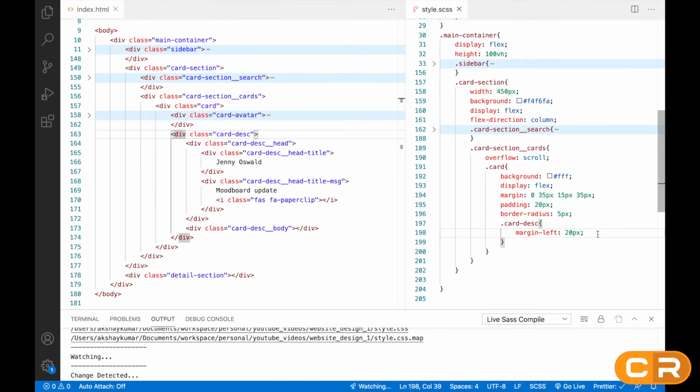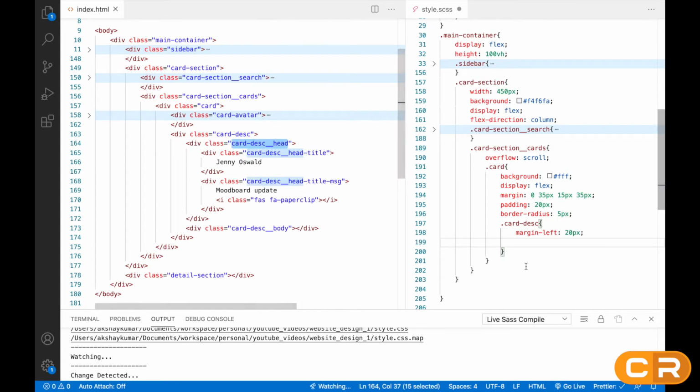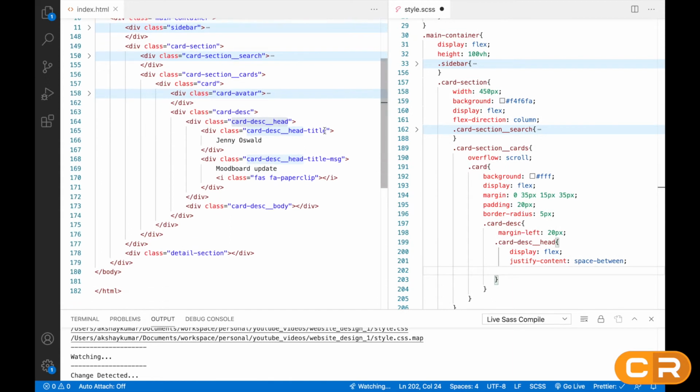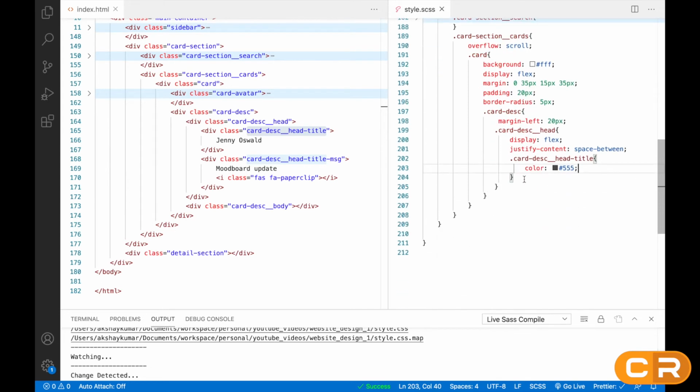So you have to give margin left. Then we'll pick this class, so I don't want to write it again and again. Okay, here we'll give display flex, justify content, that will be space between. So after this we'll take this class. Okay, so here we'll give color, and that will be 555, some dark gray color.